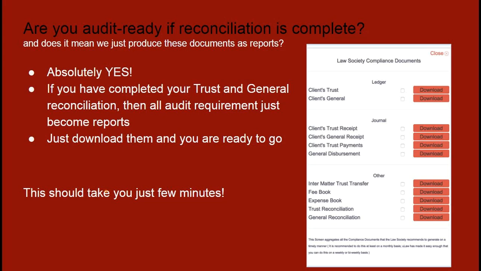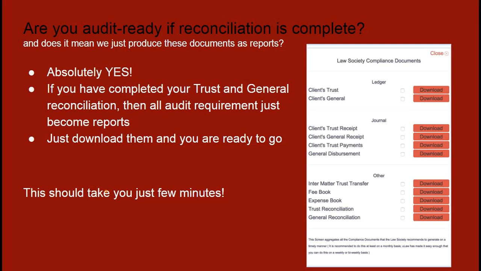At least from the perspective of uLaw, you download them. Once you reconcile, you just click a button through the compliance panel and download them. If you're using spreadsheet software, then you find a way to write a Word document that marries the templates provided by bookkeeping guidelines. If you're using any other software, then those would provide their own ways of doing this. But once you reconcile, those numbers are firmed up, and typically it's just a click of a button to generate a report. Okay?